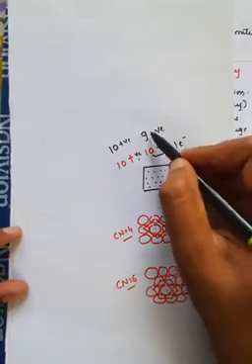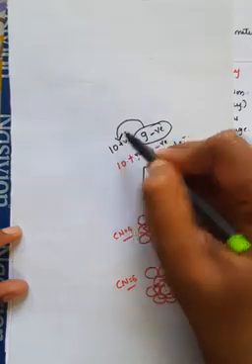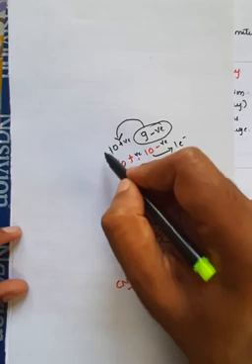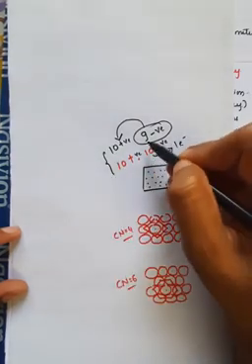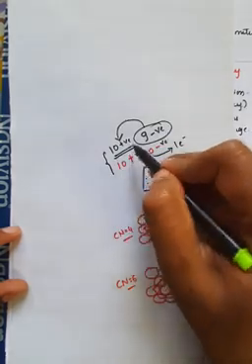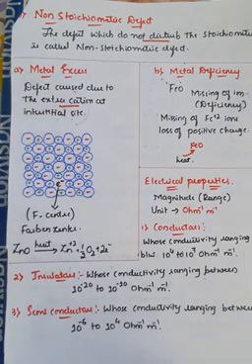Due to the removal of one electron, it has converted into 9, but it looks like it has increased one proton. But basically, the protons are the same, but due to the removal of one electron from this negative charge, it looks like we have increased one proton. So that type of defect is generally called a metal excess defect. The word itself says excess means increase in the value, but practically we are not increasing any cation, just we are removing one electron.